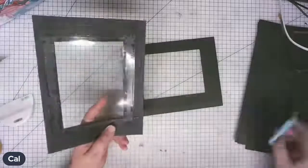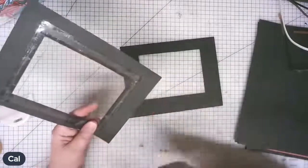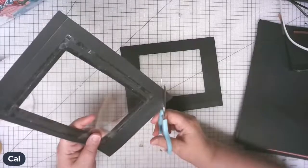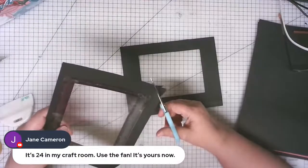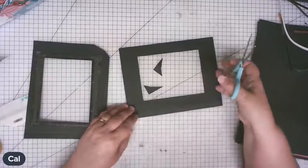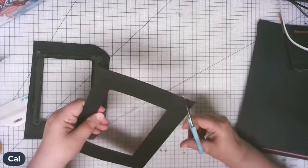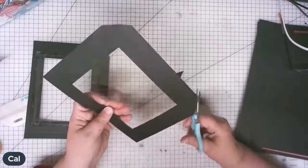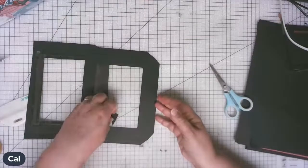Now, what I'm going to do now, Lorraine, I hope you're listening, is a little bit of kinky mitering. So where I've got my score lines intersecting, I'm going to snip up to where they intersect, change the angle and snip that little square off like that. Okay, and that's the same on both of them. So let me snip up to where the score lines intersect, change my angle. There we go. Okay. So now I'm going to fold on these score lines